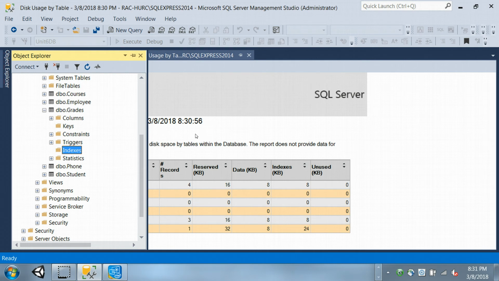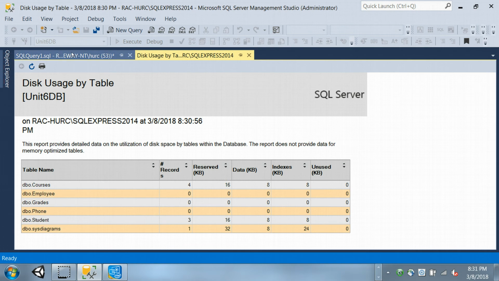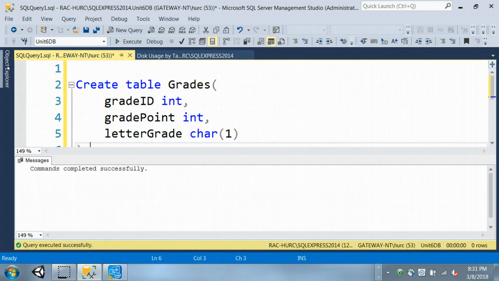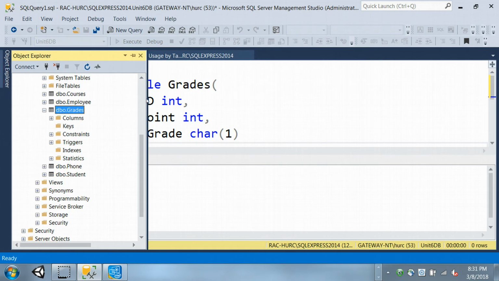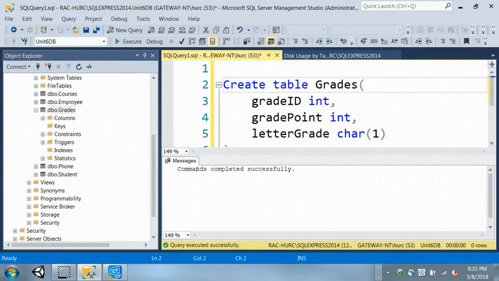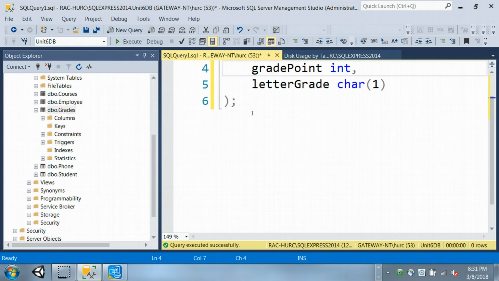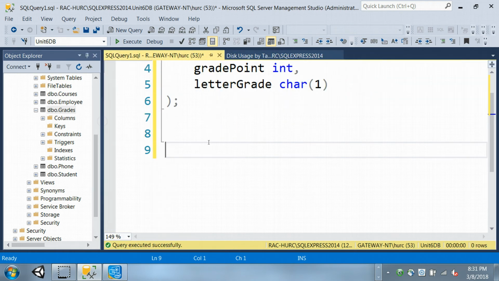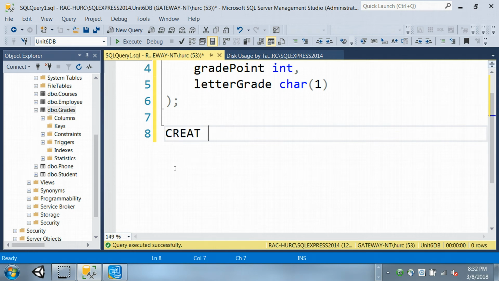So you can create an index for this table grades. To do that, we're going to go back to the query here. Let me put that here so you can see my columns. I'm just going to go down here and create an index. You can do it in the command line, or you can do it using the GUI interface. In the command line, you would do CREATE INDEX